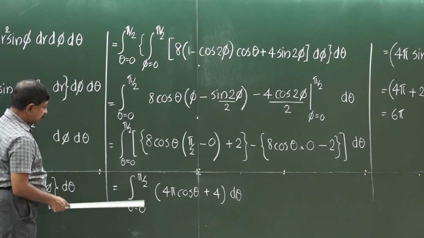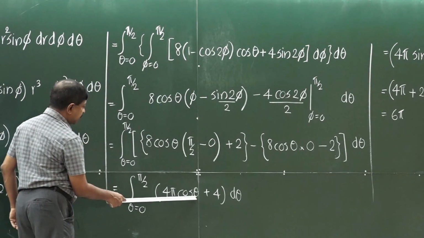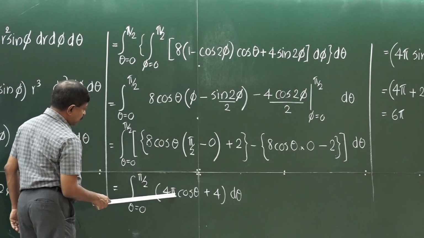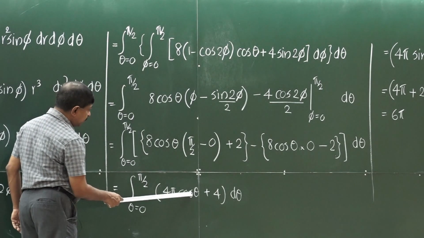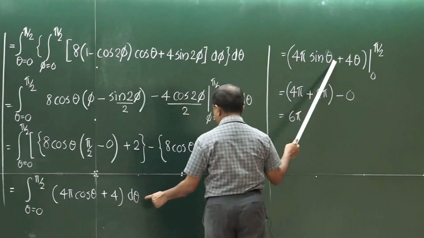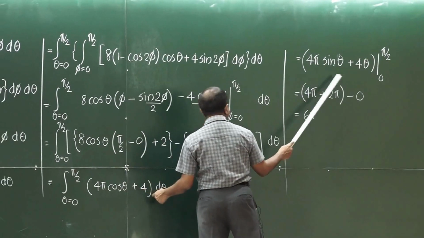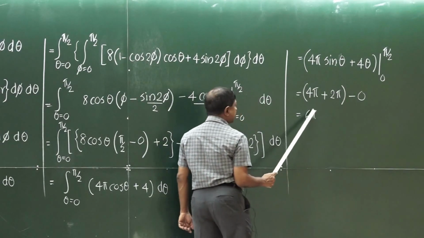Now, it is a simple integral. Remember, theta is the variable of integration. So, here you get 4 pi sin theta plus 4 theta. So, that is what you have here, right. From this you get this. Now, plug in the limits, you will end up with 6